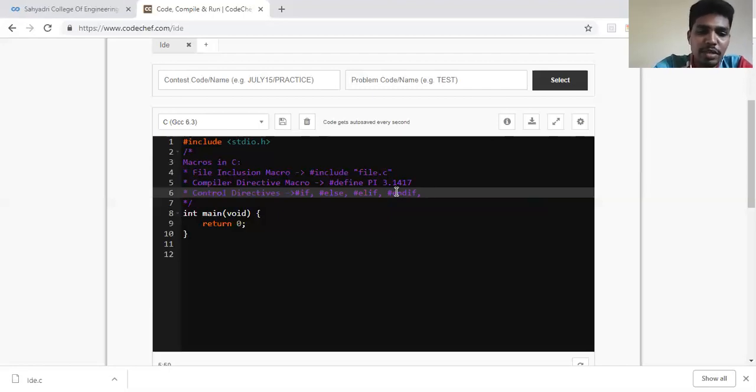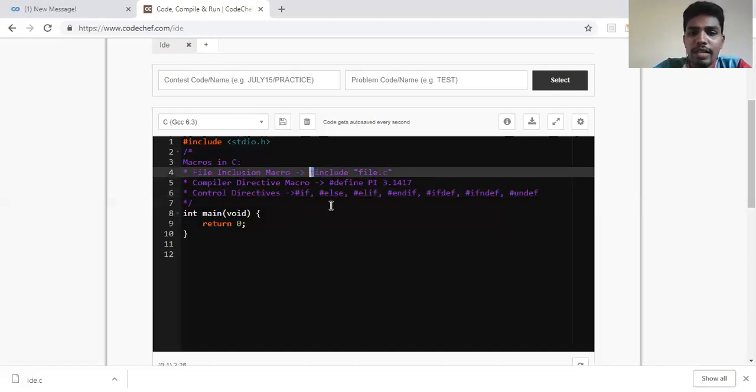And then we have some special constructs like ifdef, which checks whether a particular macro is defined. We also have hash ifndef, which tells if a particular macro is not defined. And in order to undefine a particular macro, I can use hash undef. So these are certain examples of control directives, which control the flow of execution in the program with the help of these preprocessor directives. And all are preprocessor directives. And as I said, how do we identify it's a preprocessor directive? Because of the token hash. Everyone begins with the token hash.